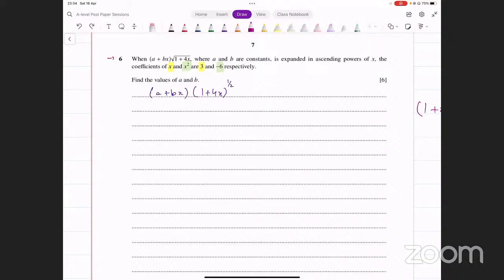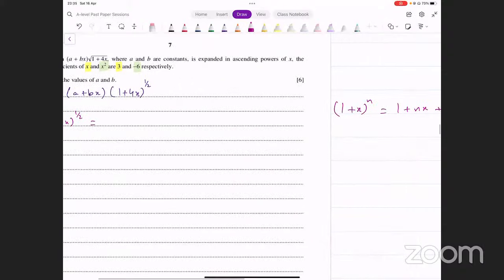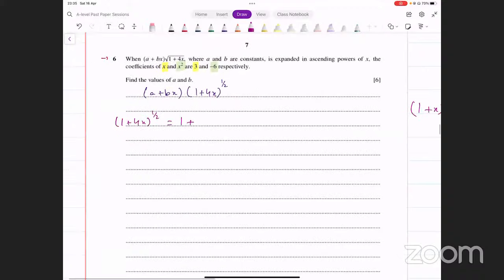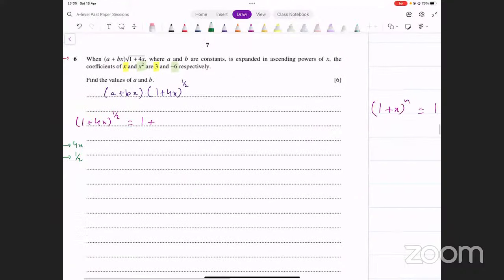इसकी expansion कर लेते हैं पहले अलग से. 1 plus 4x whole raised to power 1 over 2. ये फॉर्म है आपके पास ऑलरेडी. It's going to be 1 plus n. मैं यहाँ पे साइड पे लिख लेता हूँ. x की जगह पे मेरे पास क्या आ रहा है? 4x आ रहा है. n की जगह पे क्या आ रहा है? 1 over 2 आ रहा है. So 1 plus n times x, n is 1 over 2 into x की जगह पे मेरे पास 4x आ रहा है. ठीक है? Plus n,